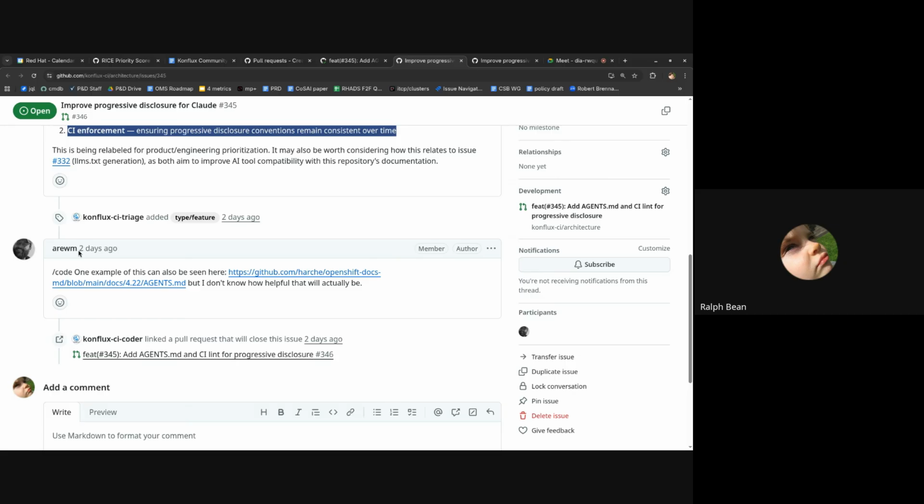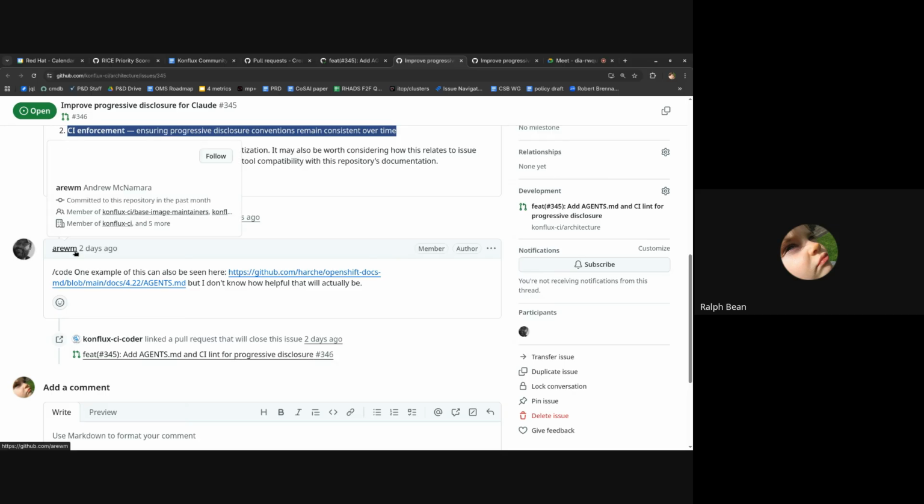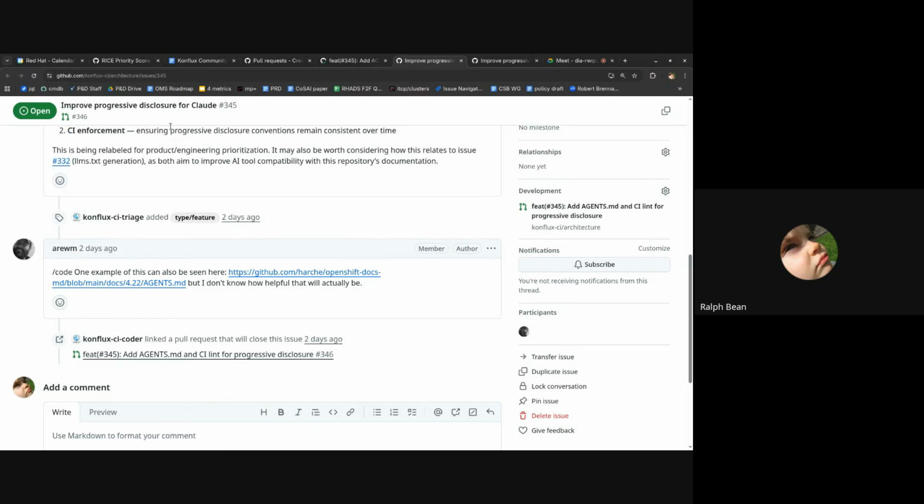They're like adding something to the system, and maybe we don't want to do that. We want to talk about it as humans first before something happens. But bug fixes, we assume, are things that you just want fixed, and there's no reason to wait until some code shows up for a bug fix. Of course, it can get that wrong, but the goal is to improve that triage so it's better and better over time at distinguishing between what we would consider a bug fix and what we would consider a feature request. And so Andrew typed /code, which is a command to the coder agent to go ahead and take this off,